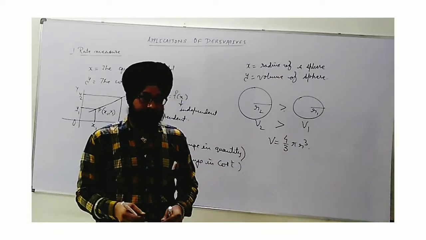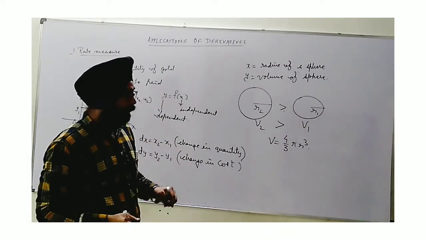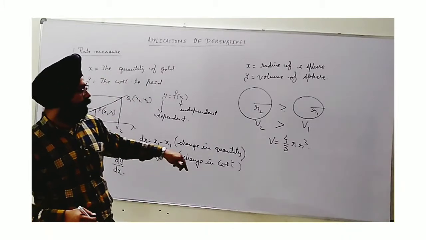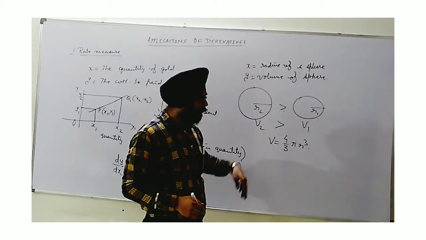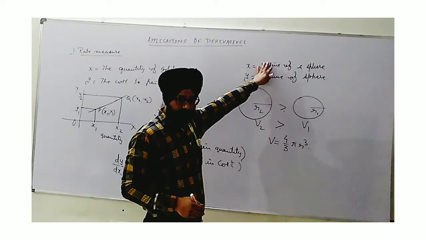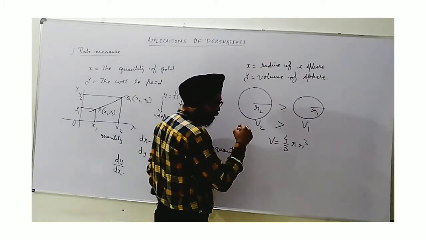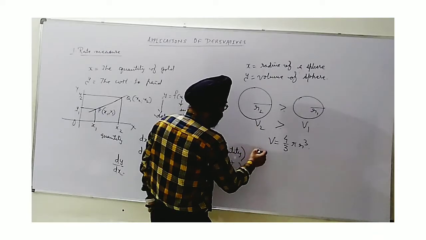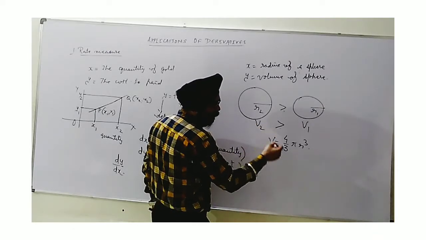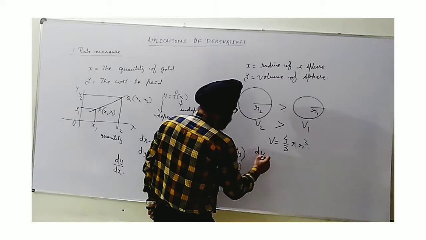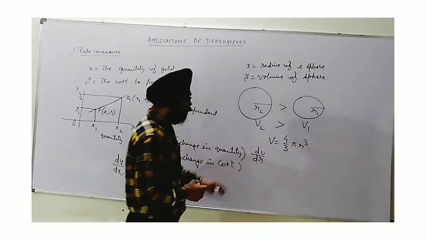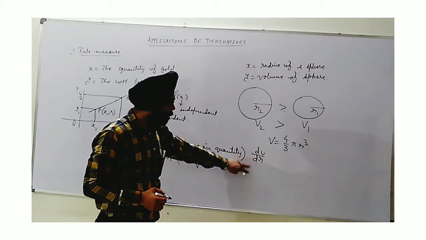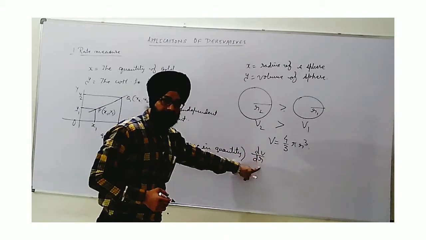Now there is another concept. This is the same rate measure. Here I have introduced using the formulae how to relate them. If I want to observe this change in volume with respect to radius, we have to convert the language. We have to find the rate of change of volume dV with respect to the change in radius dr. So dV upon dr to obtain is differentiation of volume with respect to r.